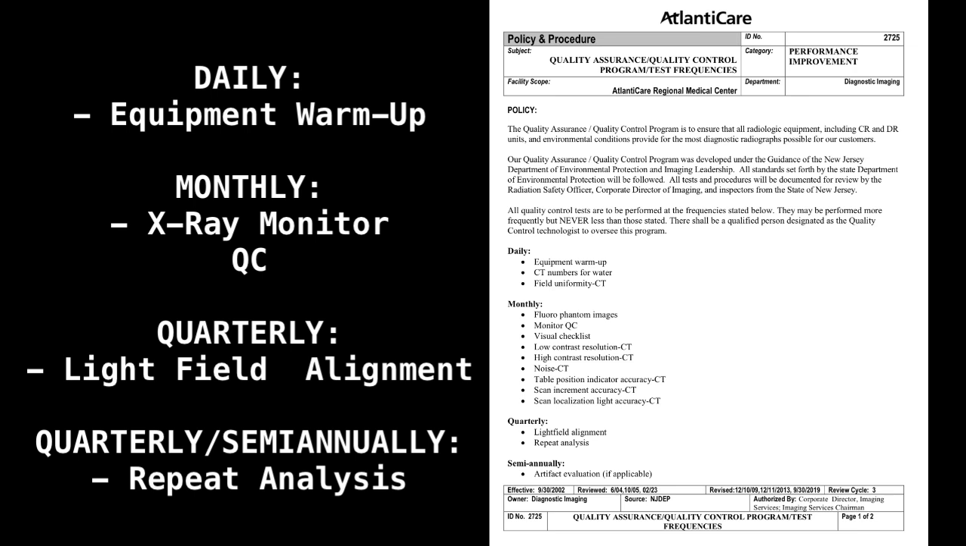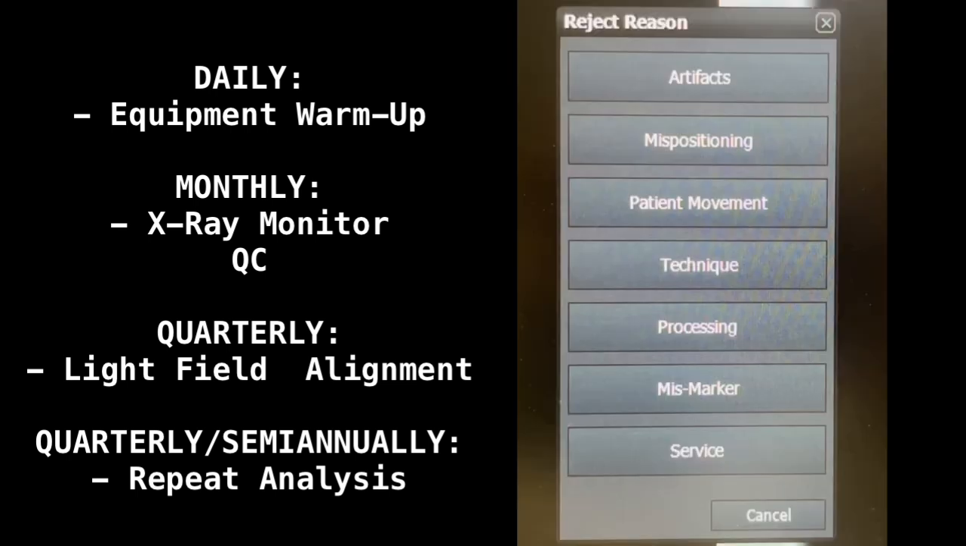The policy states that all tests should be performed at their specified frequencies. The tests can be done more frequently than specified, but never less frequently. For example, it is perfectly acceptable for repeat analysis to be done more frequently than quarterly, as it's stated on the policy. I am sure we have all had to repeat at least once since starting clinical, so you must